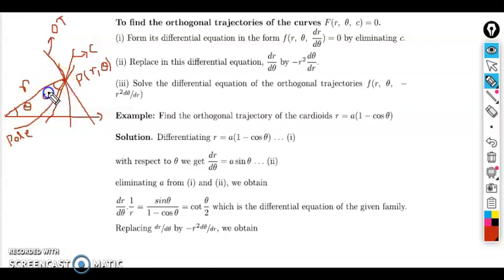If we represent this angle as phi 1, okay, phi 1, and the radius vector makes an angle with the tangent of the orthogonal trajectory of phi 2. If we consider this, then what is the relation between phi 1 and phi 2? Phi 1 plus, because they cut at 90 degree,